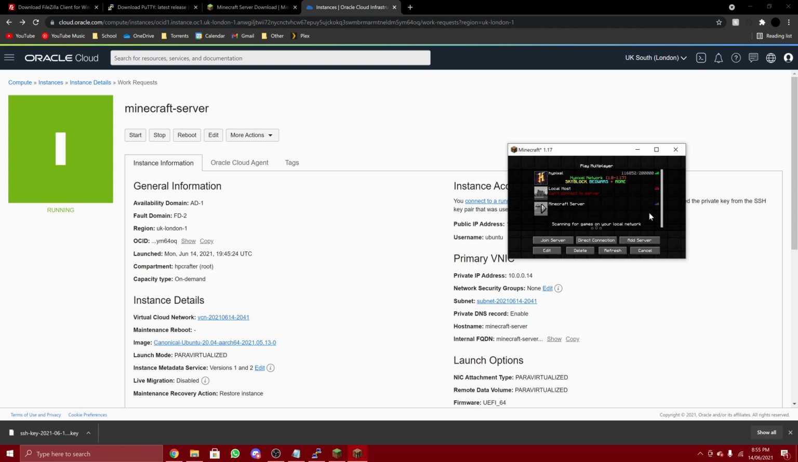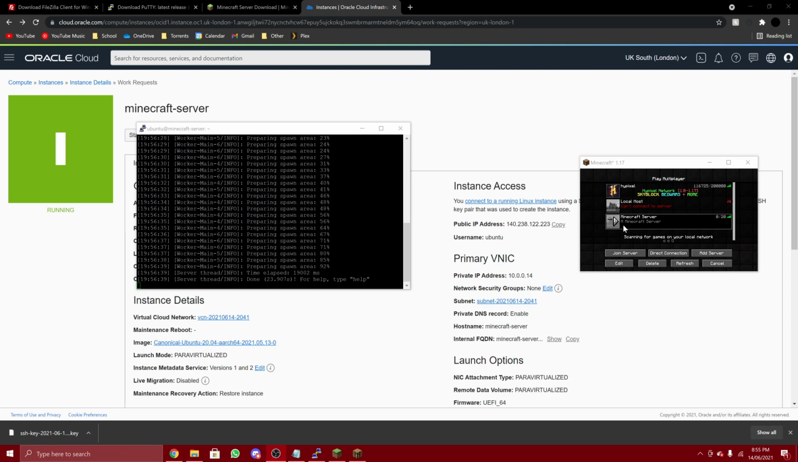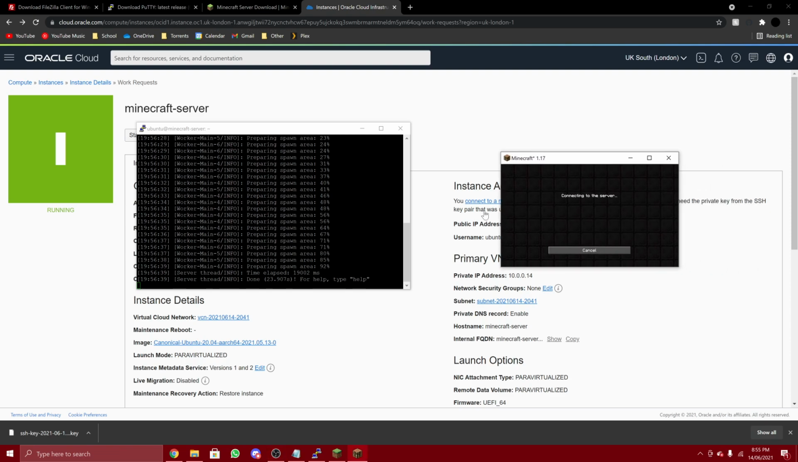And this should, after a little bit, connect to your server pretty much. I'll be back when it's done that. As you can see, it is now saying a Minecraft server, which is the default MOTD, and it's got 20 players. So now if we join the server,